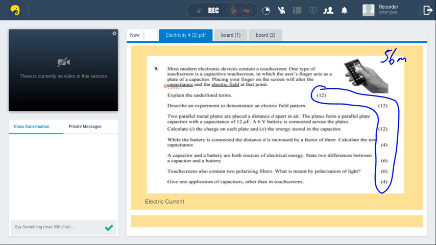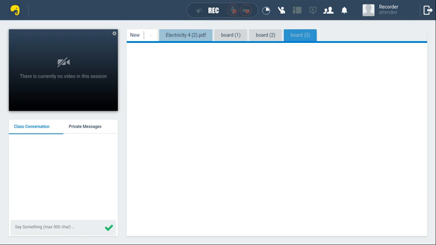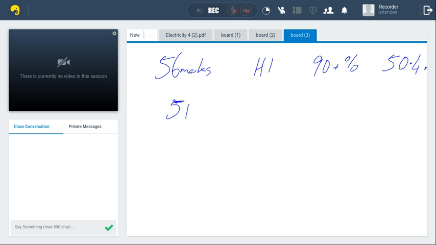56 marks. A question that has 56 marks. If we're a H1 person, that's 90+%. Which means that we need to be getting, out of a 56 mark question, we need to be getting, on average, 50.4 marks. So of course we're looking at 51 marks per question. And as such,